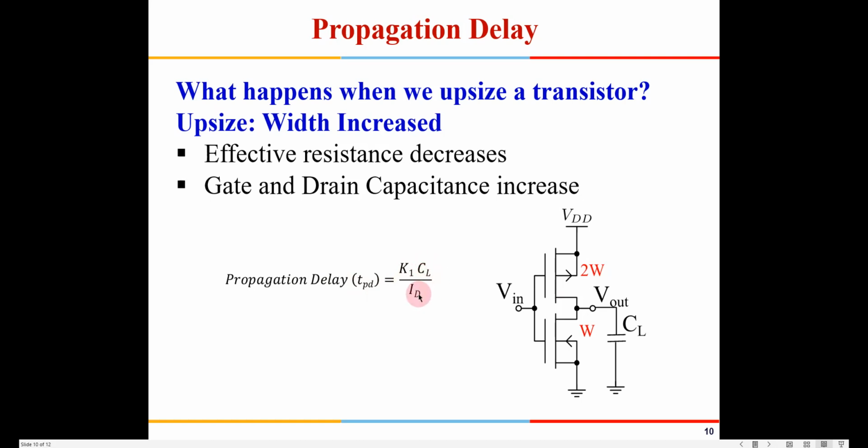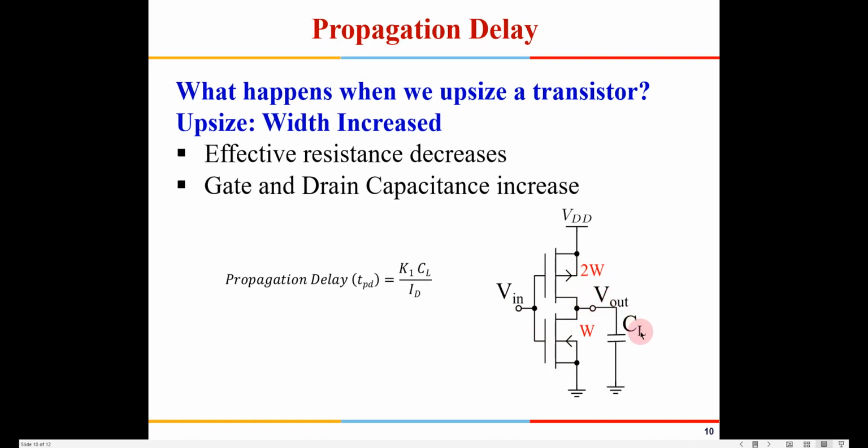So you are increasing the capacitance and increasing the current also, so they eventually cancel out, so there is no gain. So there is no point in increasing the width of the transistors. You might as well use minimum widths whenever you have an isolated gate like this in your design.